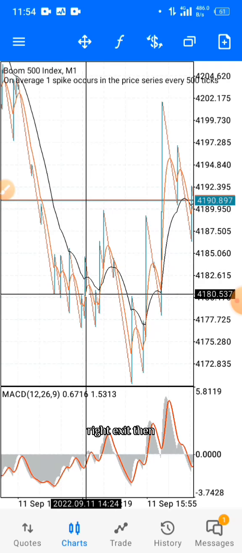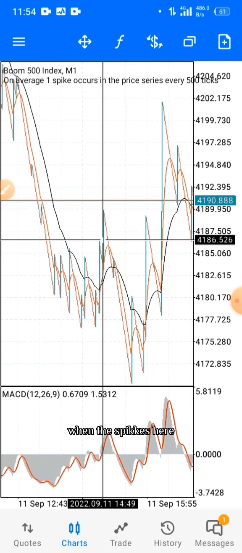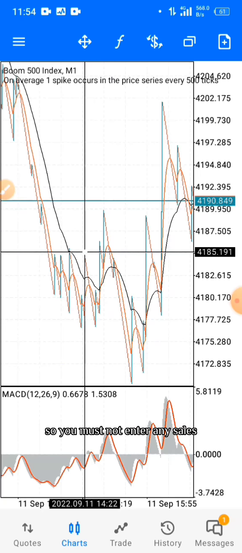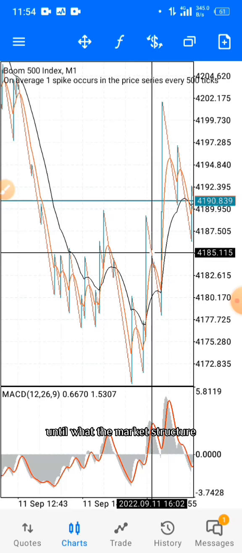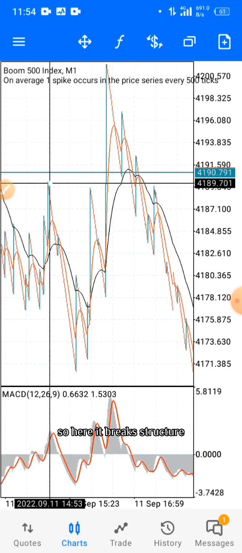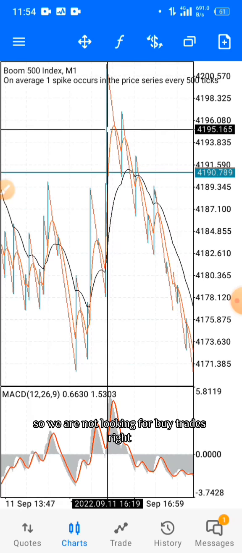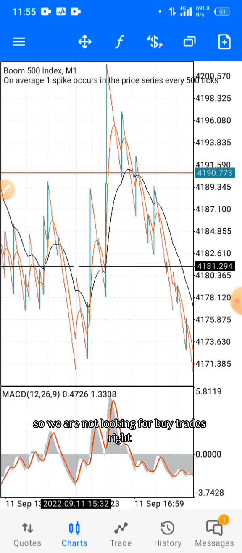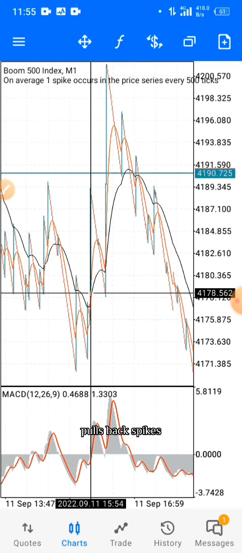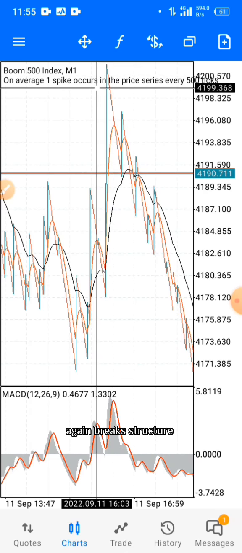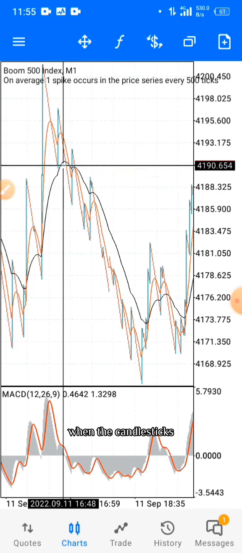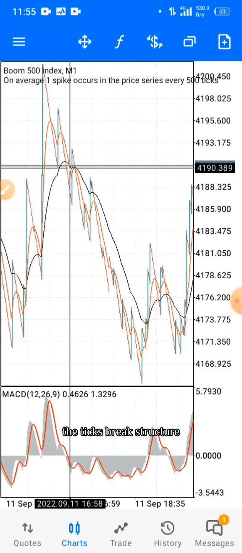We exit. Then when it spikes here, it breaks market structure. So you must not enter any sales until the market structure goes back to the downside. Here it breaks structure to the upside, so we are not looking for buy trades right here. As you can see right here, it breaks structure to the upside, pulls back, spikes again, breaks structure. So we're only looking for other sales when the candlesticks, the small candlesticks, the ticks break